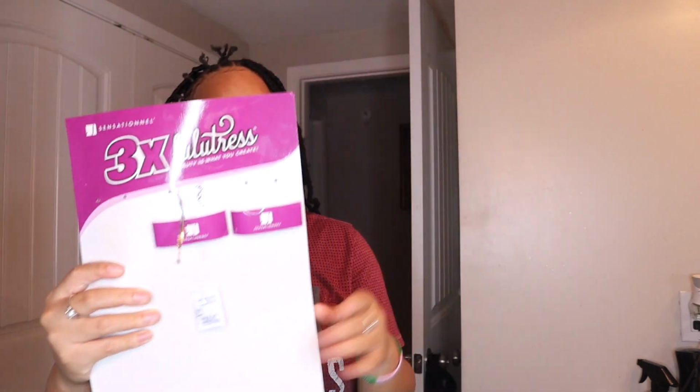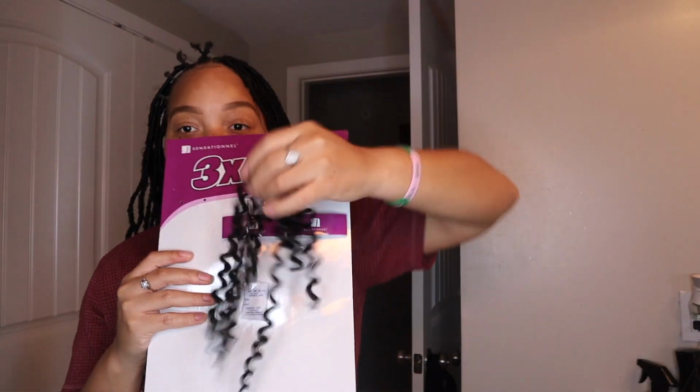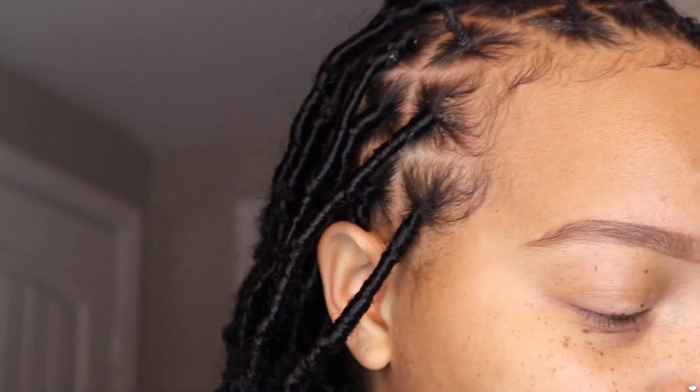I also use this Sensationnel hair. This is the curly hair that I used to wrap, and this is what the texture looks like. It came with 3 bundles, but this is all I have left to work with. I have 6 sections left just for demonstration purposes, so y'all can see how I do this technique, and it's super easy for beginners. So I take the braiding hair,